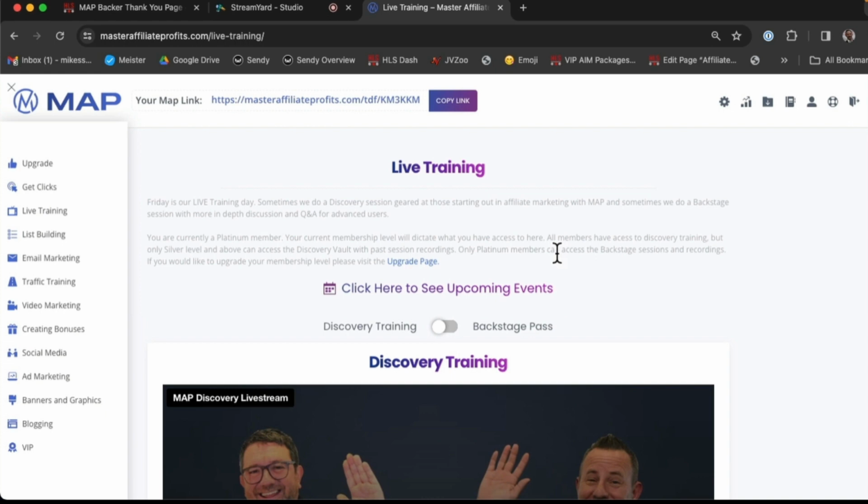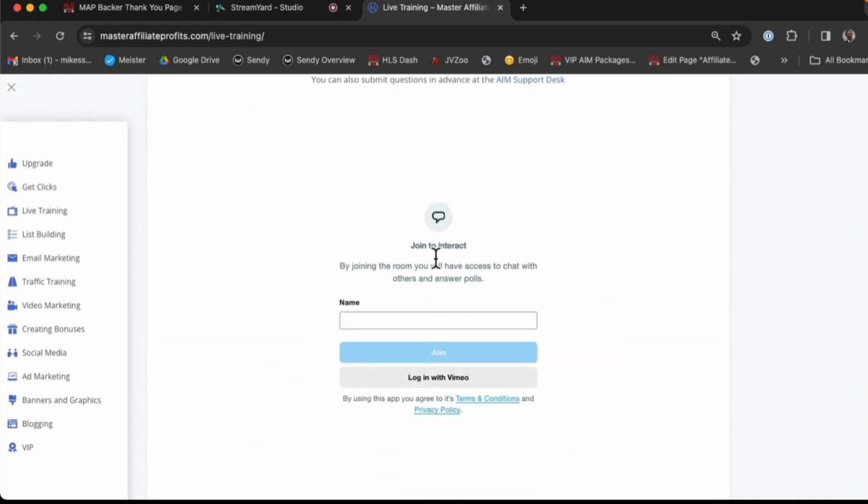I think this is a really, really neat feature. A lot of platforms don't do that. They just throw you to the wolves. They put some training out there, but that's about it. Here, you can actually interact with them live. There's a comment section down here, so you could actually type in your question and interact with them,